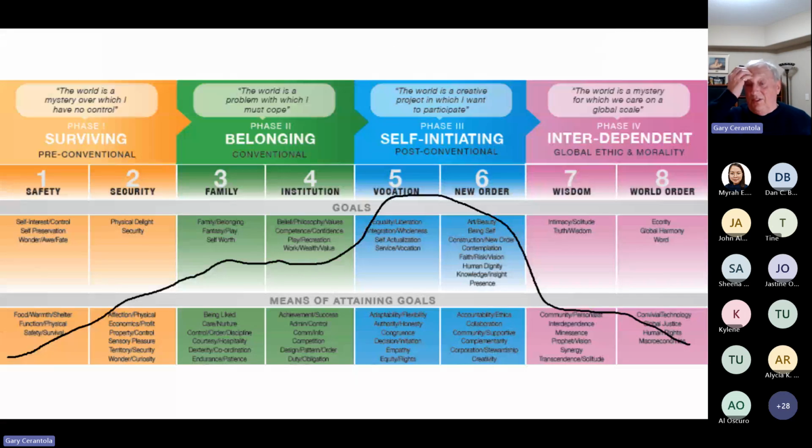All right, so here's their process, and what this line is, was the mean line of where people, out of those 1,500 respondents, were. Some of the respondents were here, in terms of the section of belonging, somewhere down in here in the surviving piece. But where we saw the predominance was self-initiating.